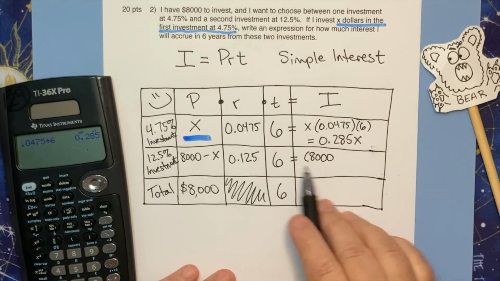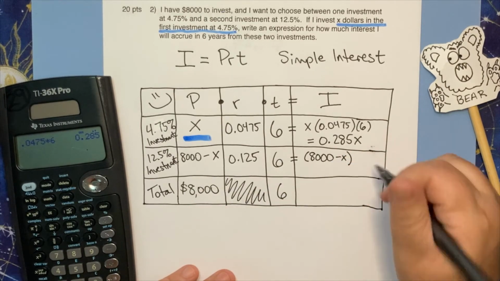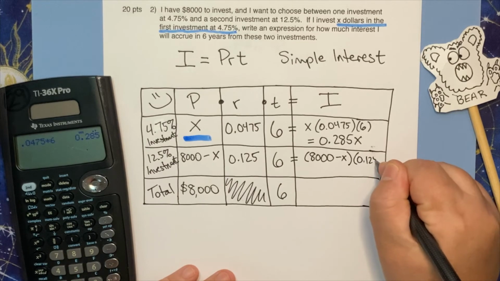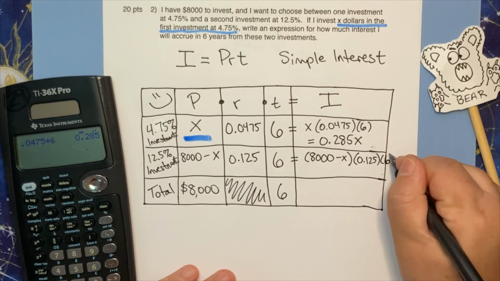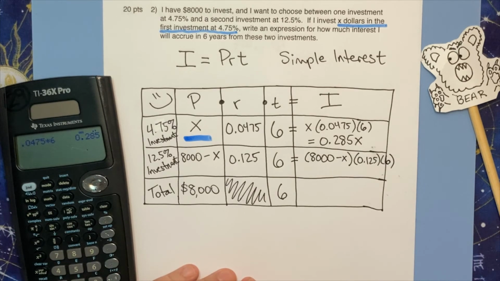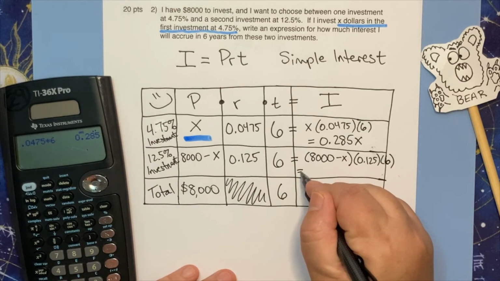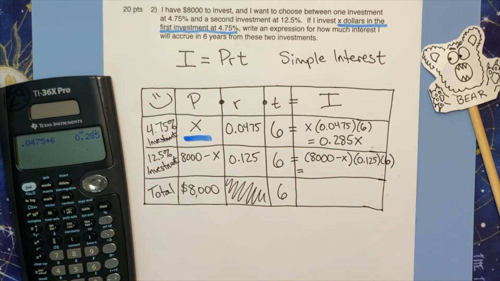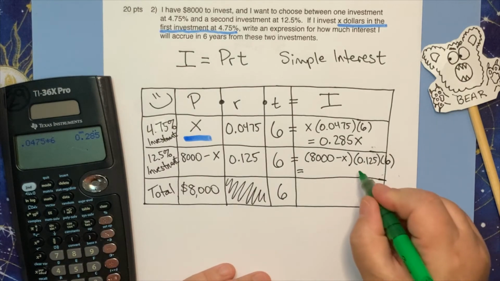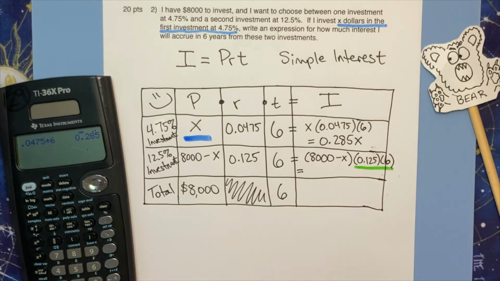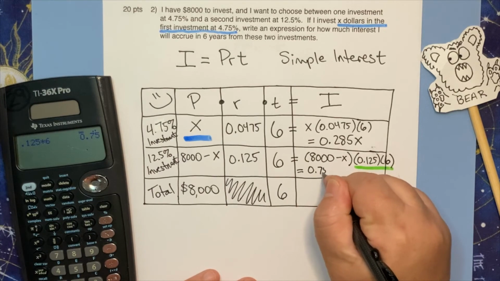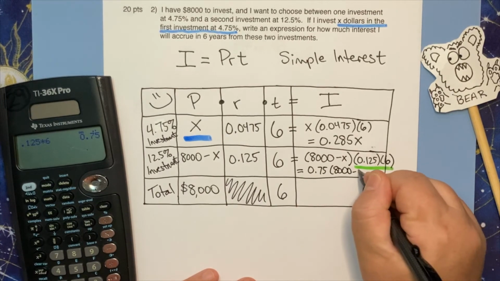I'm going to take my 8,000 minus x, which is my principal, and I'm going to multiply it times 0.125, and then I'm going to multiply that times 6. And so here I've got a couple of options. What I think I will probably do is go ahead and take these two numbers and multiply them. 0.125 times 6 gives me 0.75, and I will write it like this: 0.75 times 8,000 minus x, which might